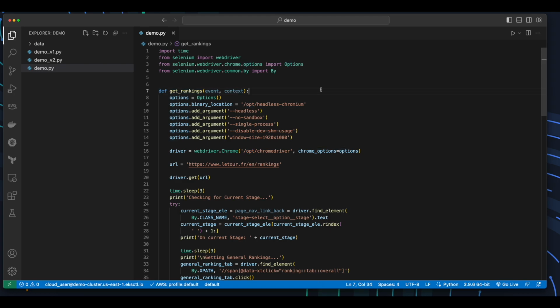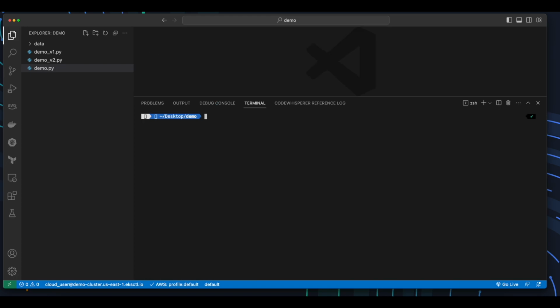The rest of the code is the same, except that it's wrapped inside of a getRankings function, which takes an event and a context because this will be running on Lambda. So the next thing we need to do is prepare the zip files for the Lambda layers for Selenium and the chromedriver. So I'll go ahead and open the terminal,